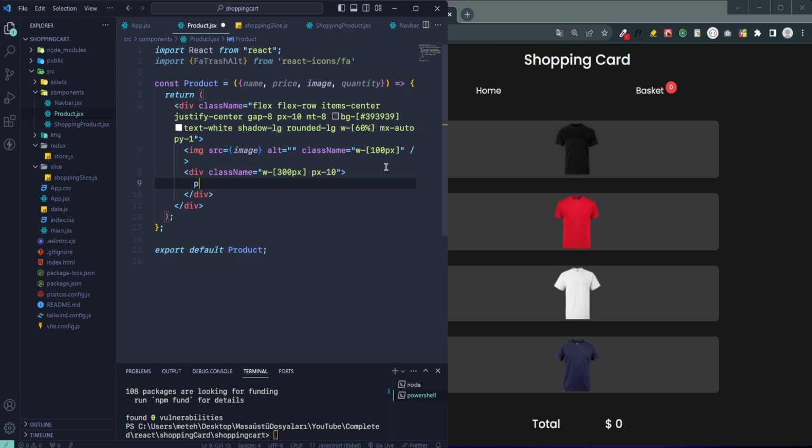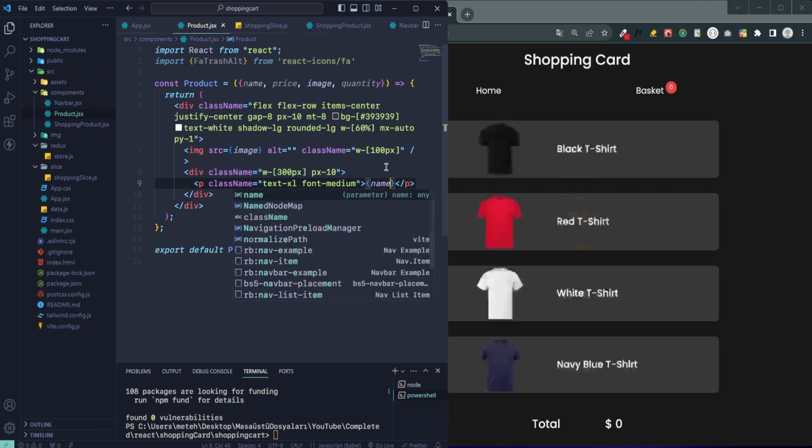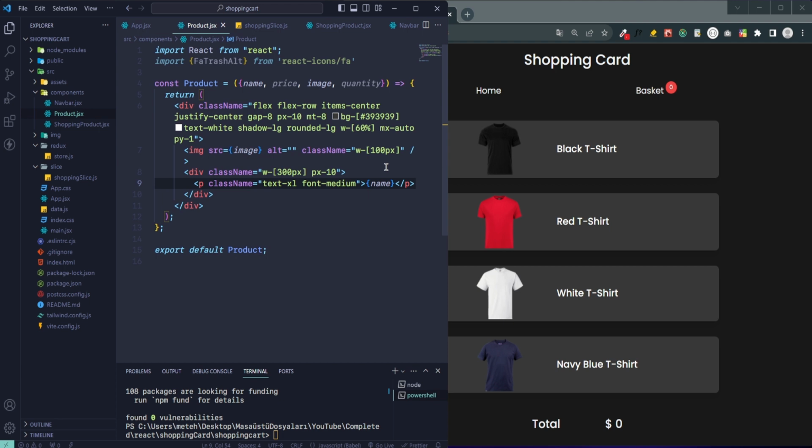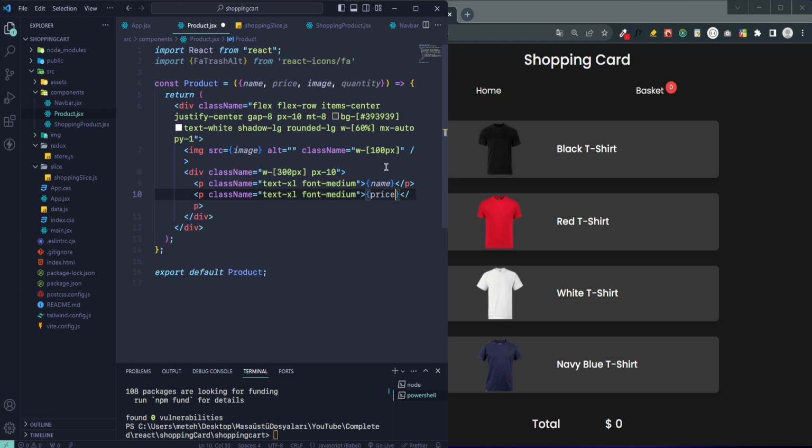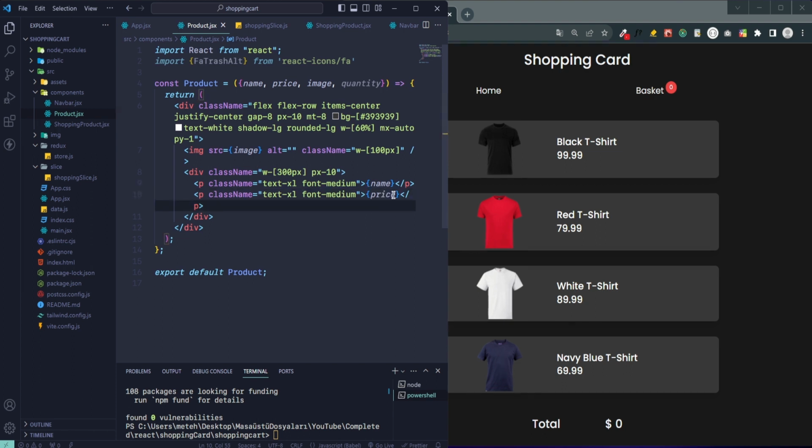I create a paragraph tag with class text x large, font medium, and I add a name. Okay, then I add the price information and I add a paragraph tag and a class text x large, font medium. Okay, price to fixed 2 and text